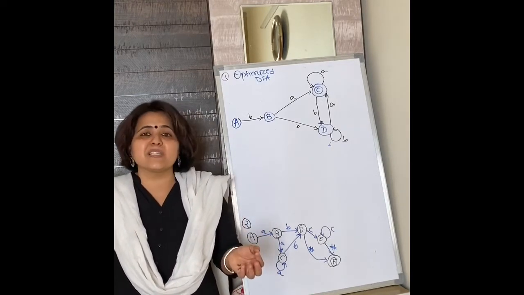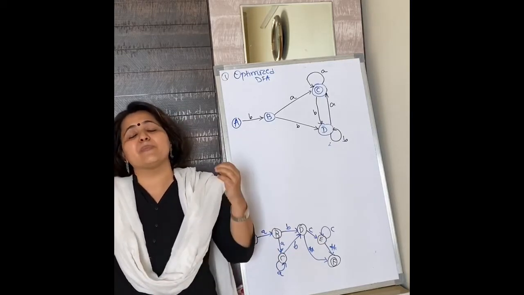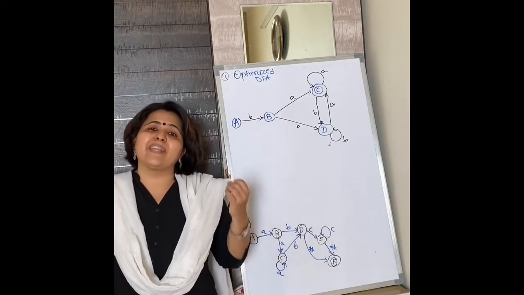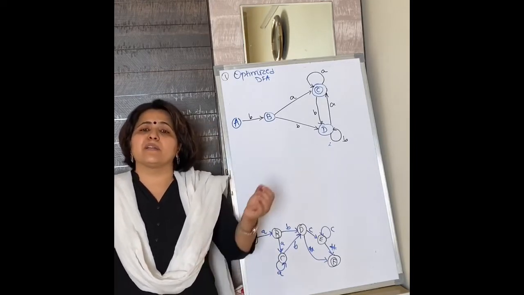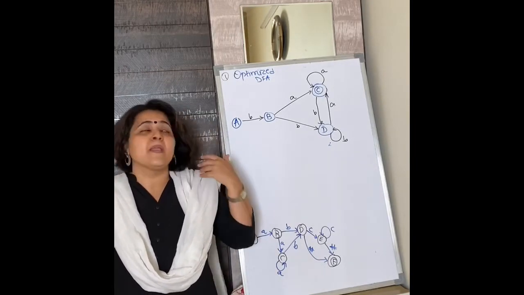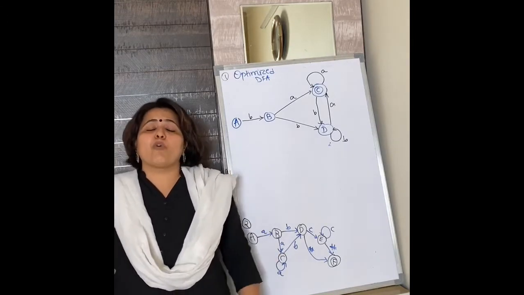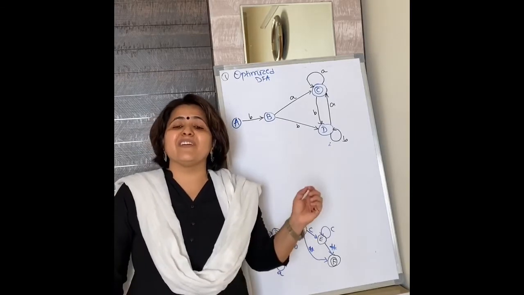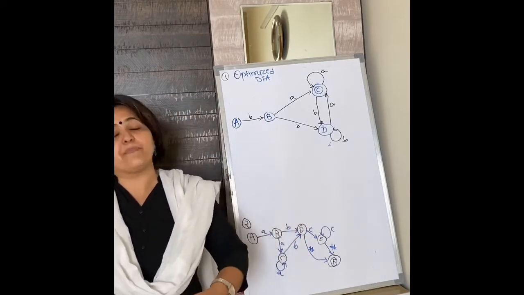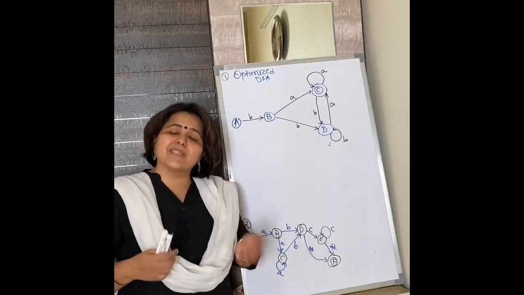What is optimized DFA? DFA which has optimized information, which has minimum information, which doesn't have any redundant state available. So we are going to discuss certain simple steps that you have to follow for minimizing or optimizing your DFA. Now, what type of questions have been asked from this topic? Mostly the questions are like, for the given array, draw optimized DFA. You won't be asked for drawing DFA, but you will be asked for drawing optimized DFA.